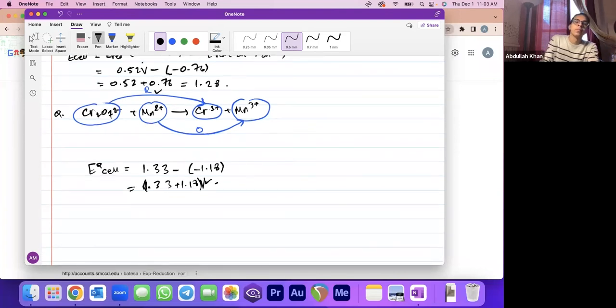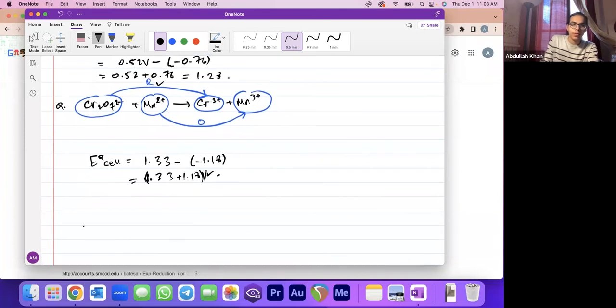All right. Now let's take the same equation as above and calculate the E cell at non-standard conditions. So determine the E cell for the reaction below at, let's see, 35 degrees Celsius, where